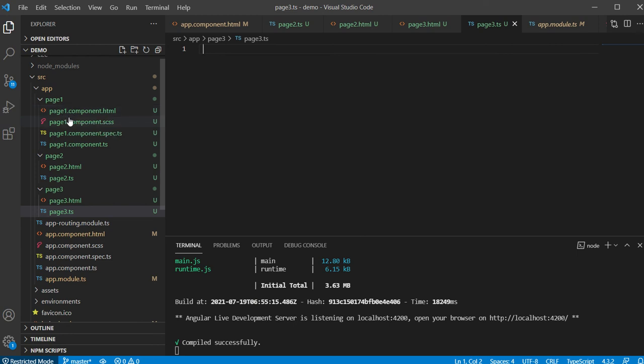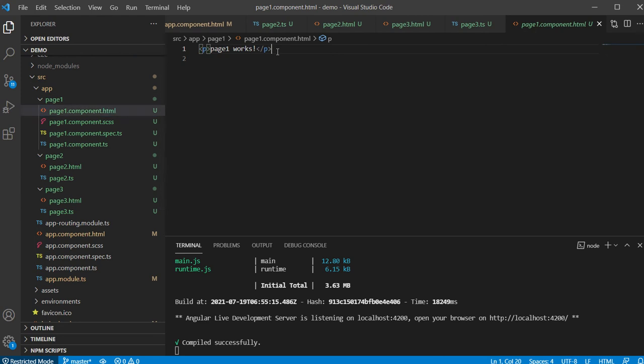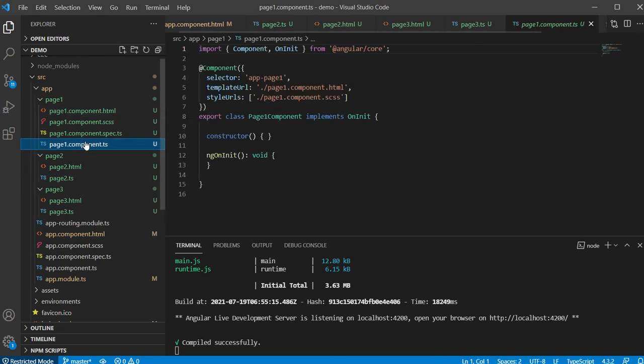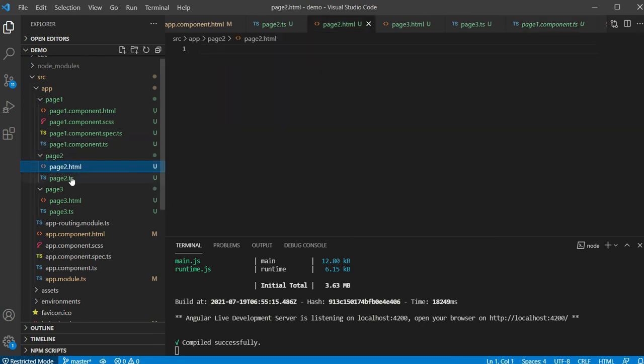Now let's see the difference between the Angular generated command page and our own manually generated pages. So this is the HTML file, and this is the default page 1, and this is the SCSS and the .ts. You see, this is ready-made code provided by Angular, and if you see these two files, they are empty.